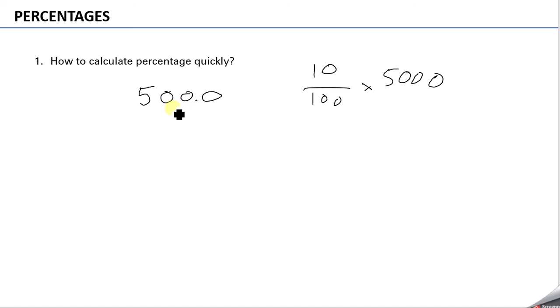If somebody asks you what is 1% of 5,000, then the digits will shift two places to the left. So 50 is 1% of 5,000. Similarly, if they ask 0.1% or 0.01%, you can also verify this. So 10% is 500, which we can directly get. It can be applied to any number.